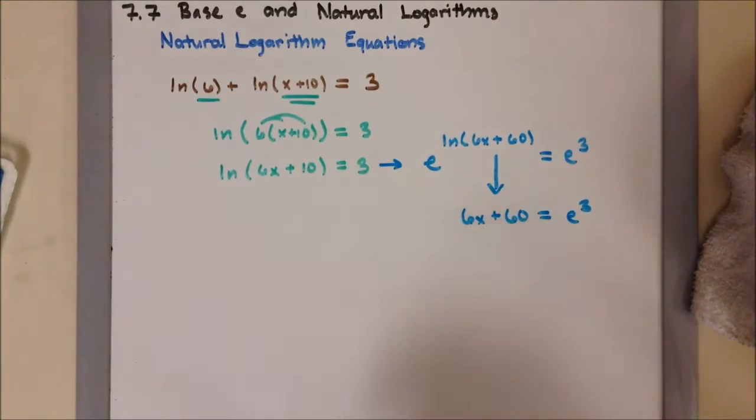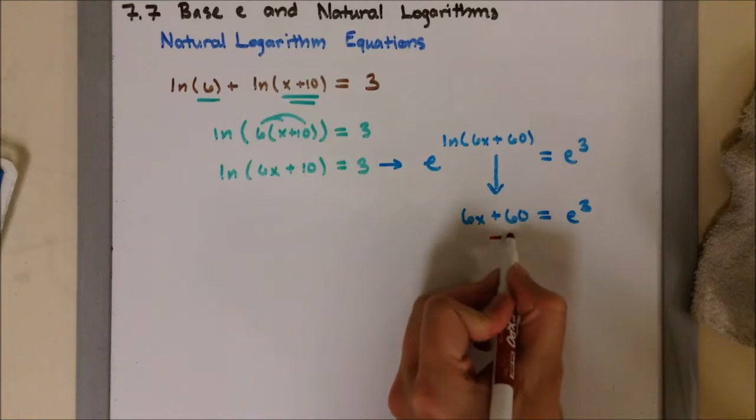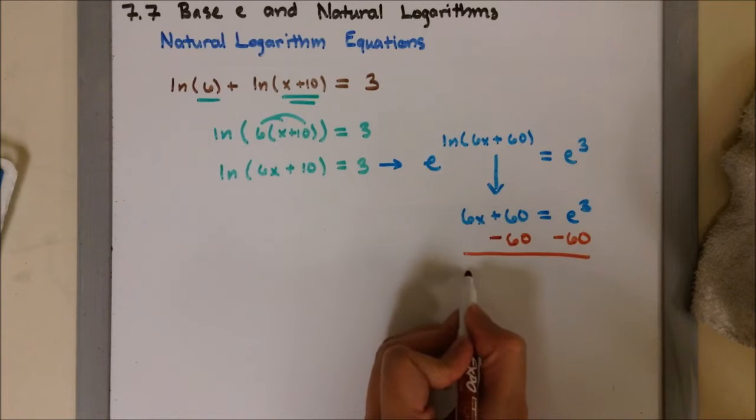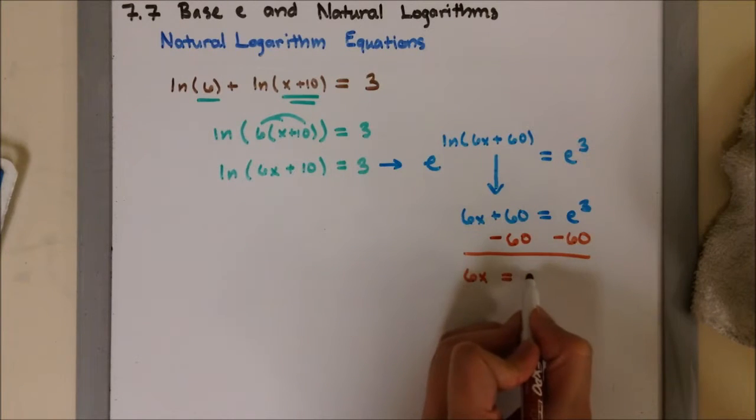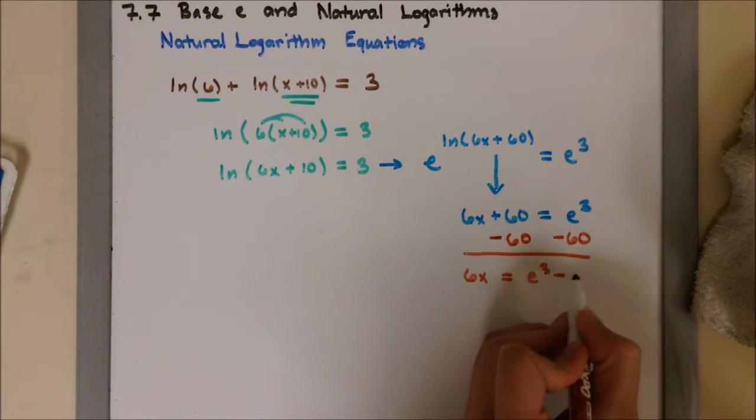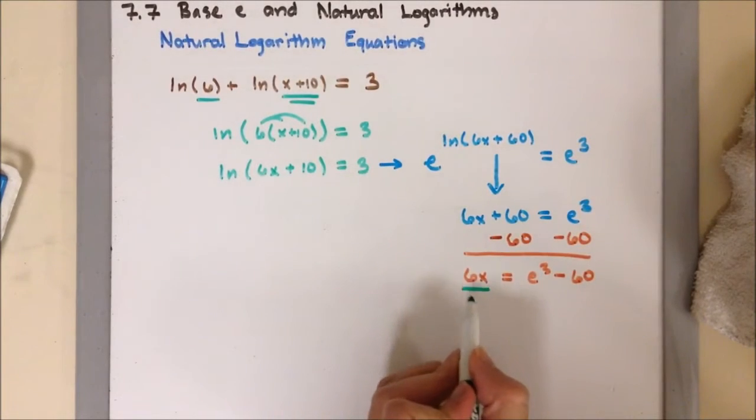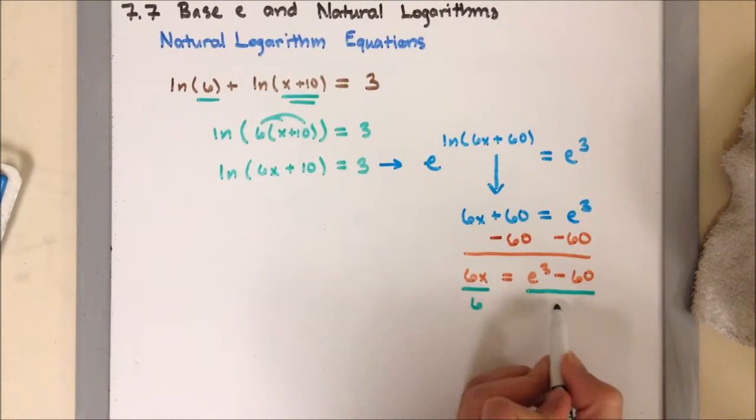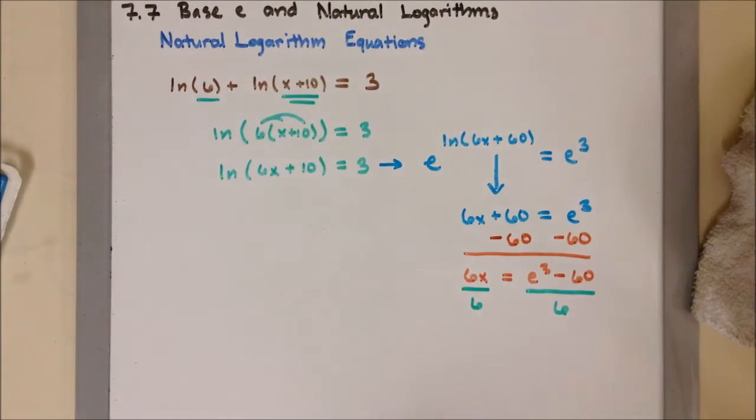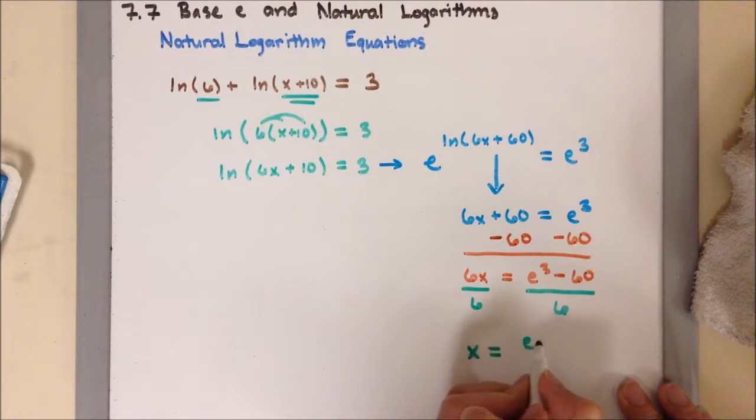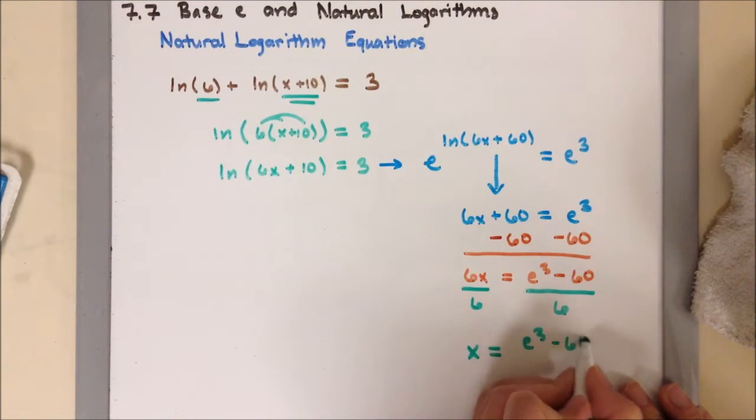From there, I'm going to subtract 60 on both sides so I can get 6x by itself. So I'm going to have 6x equal e to the third power minus 60. After that, to get x by itself, I'm going to divide both sides by 6. So my final answer is x equal e to the third power minus 60 divided by